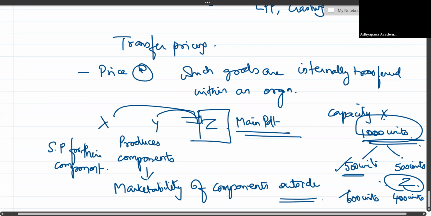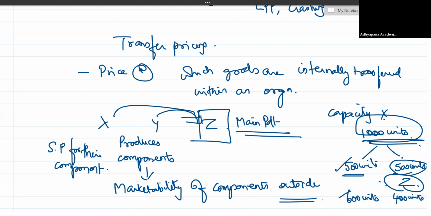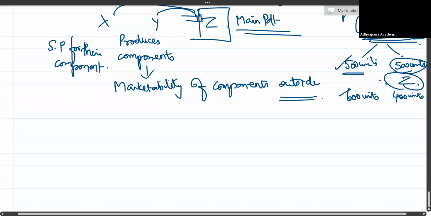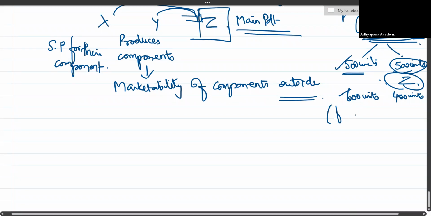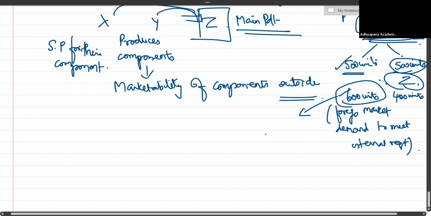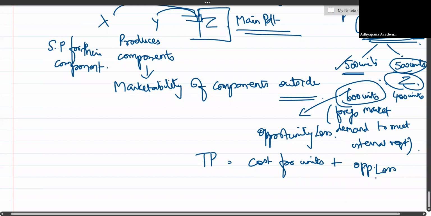What if my market demand is 600 units? I will not be able to honor the internal division. When I don't honor the internal division, what will happen? There will be misunderstanding. Why? Because it is coordination among the divisions which will enhance the profitability of the firm. In which case, this division X has to forego the market demand to meet the internal requirement. Where in that case, when it is foregoing market demand, it will have an opportunity loss. So, while calculating the transfer price, it will be the cost for the units plus the opportunity loss, which will be recovered from the